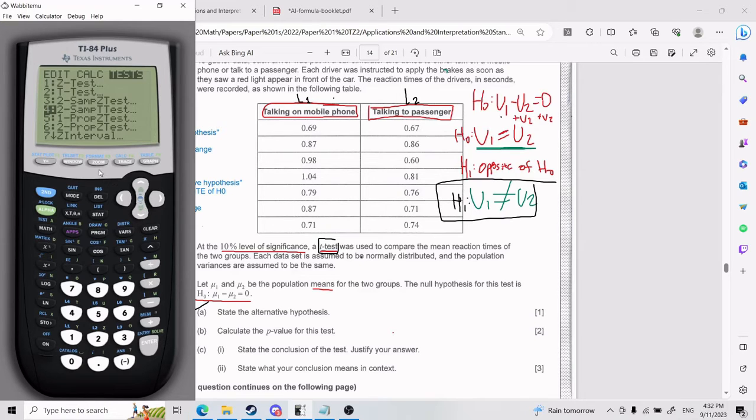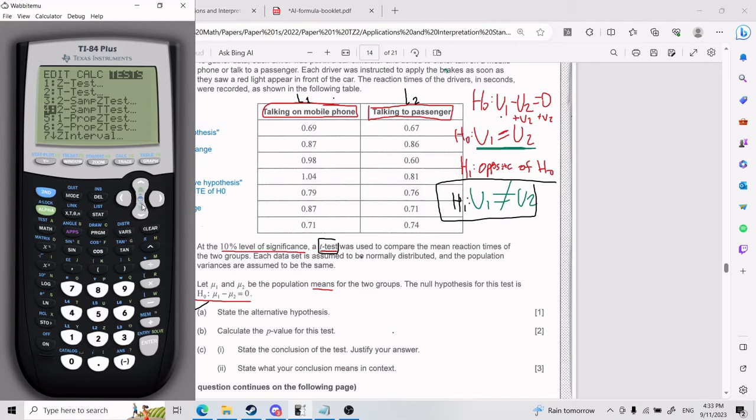Number 4 is 2 sample t-test. And I explain it this way because the day of the test, you're probably not going to remember perfectly, so you will go through this as well. You know that in stat tests, you have a whole bunch of statistics tests. You can see that one of these, you have t-test here, which is for one variable,